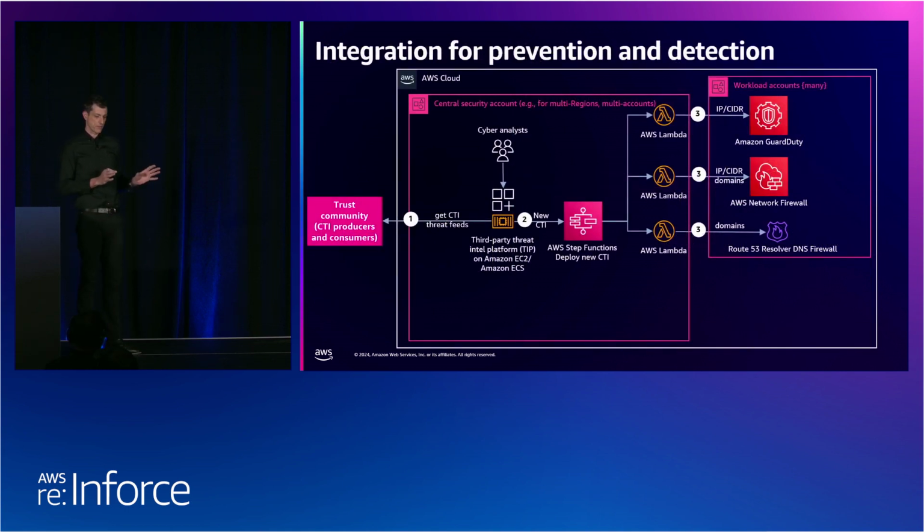Now, we're going to dive a bit deeper into a complete CTI solution on AWS, focusing on prevention and detection capabilities. The essence of joining a community is to receive and share structured and actionable threat intelligence. As this intelligence flows through your threat intelligence platform, you can set up some rather simple yet highly effective automation and workflows to ensure that intelligence is acted upon with minimal human intervention.